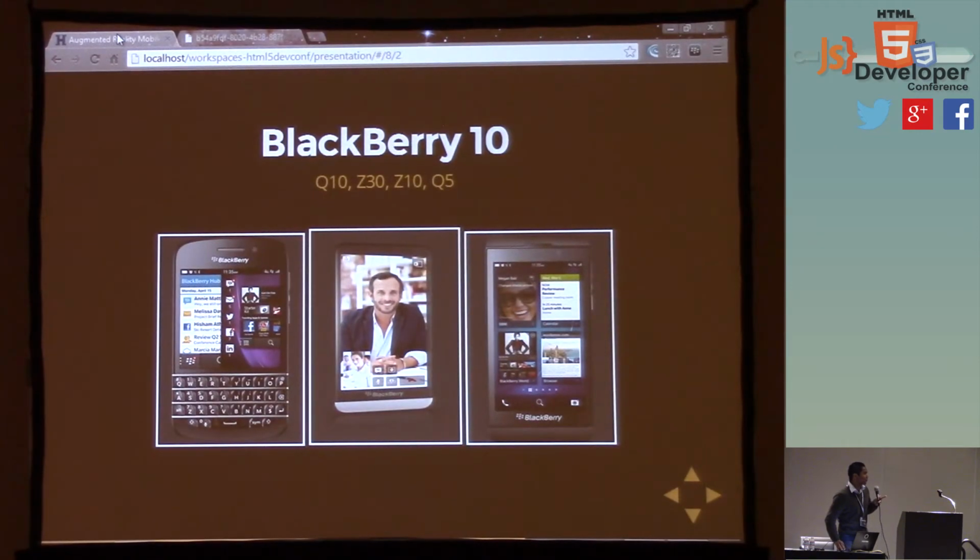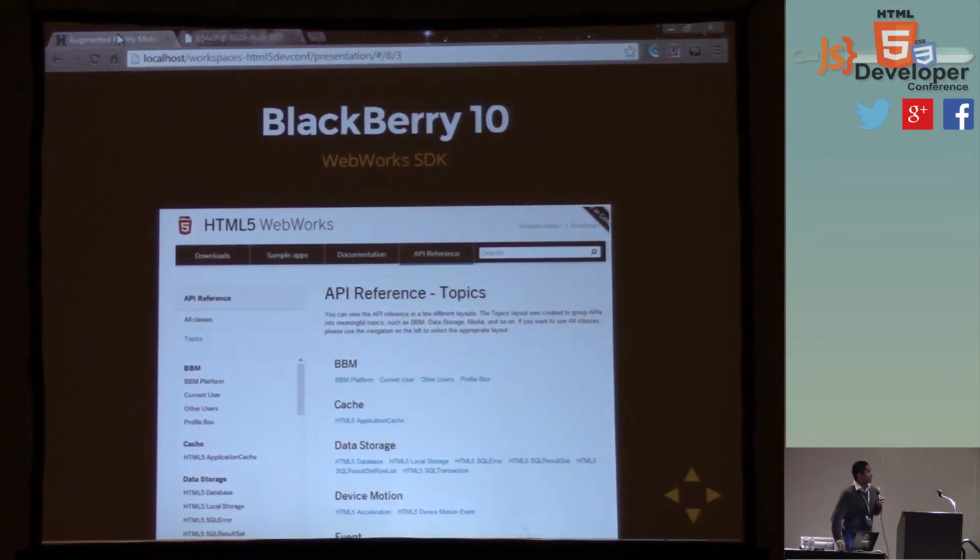So these are 3 of the 4 BlackBerry 10 phones, and with their website, there's Webworks, kind of like their implementation of PhoneGap, and it allows you to do more than what you could do with PhoneGap. PhoneGap is cross-platform, so they're going to try to do the same thing in every mobile device, whether it's iPhone, Android, BlackBerry, Windows Phone. Now, when the manufacturer and the operating system get together and say, oh, we want to give more access to these features through our JavaScript API, well, that's where this page comes in.